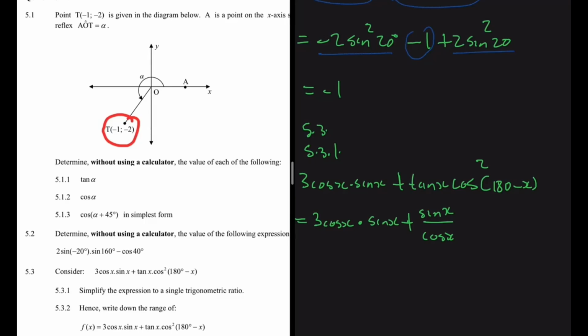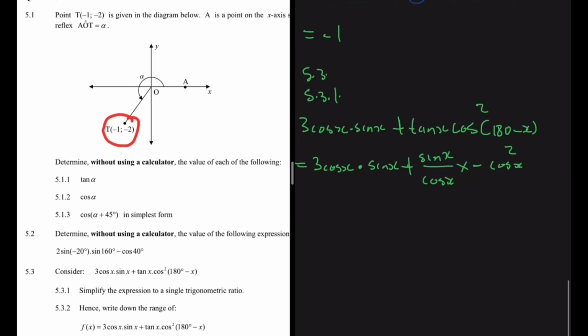And then multiply by cos of 180 minus x squared. 180 minus x, we're in the second quadrant. And in the second quadrant, it's sine that is positive, not cos, right? So here we're going to have multiplied by minus cos of x squared, right? It's only fair. So now we're going to have 3 cos of x multiplied by sine of x